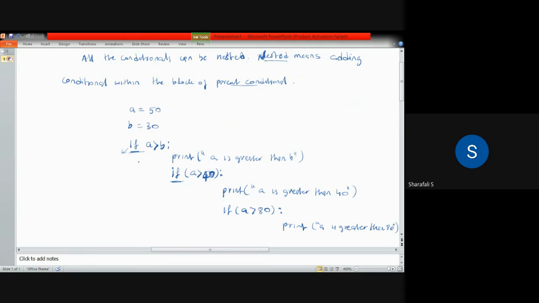Okay, so in this way you can have a nested structure, which means that you can include a conditional within a condition. This form is called a nested structure, or in this case a nested if structure, nested if conditional. Similarly, you can nest any of these conditions that we discussed. So now I will go to the program section. I will open the